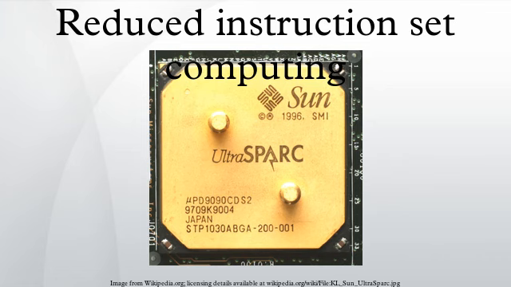In the 21st century, the use of ARM architecture processors in smartphones and tablet computers such as the iPad, Android, and Windows RT tablets provided a wide user base for RISC-based systems. RISC processors are also used in supercomputers such as the K computer, the fastest on the TOP500 list in 2011, second at the 2012 list, and fourth at the 2013 list, and Sequoia, the fastest in 2012 and third